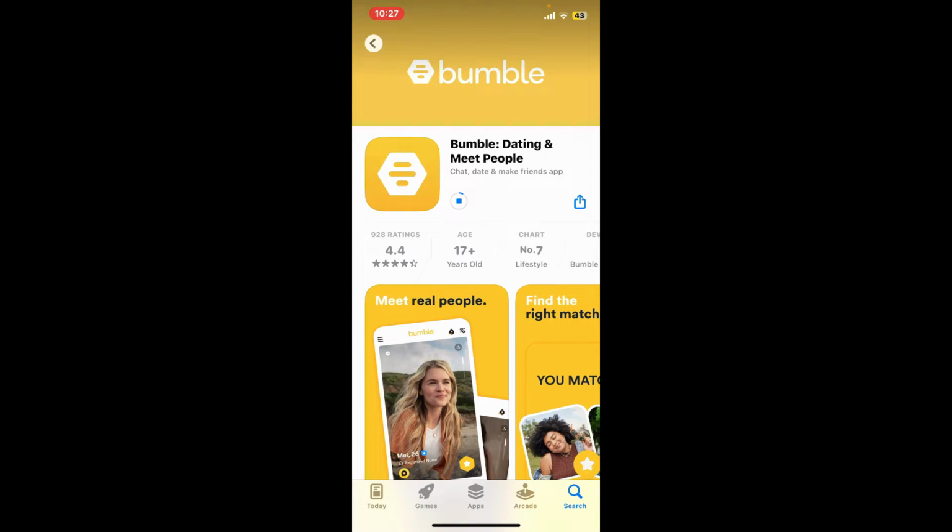your mobile device and start looking for a match for yourself, whether you are looking for a date or simply making new friends. So that was how you can easily download Bumble dating application on your iOS device within a